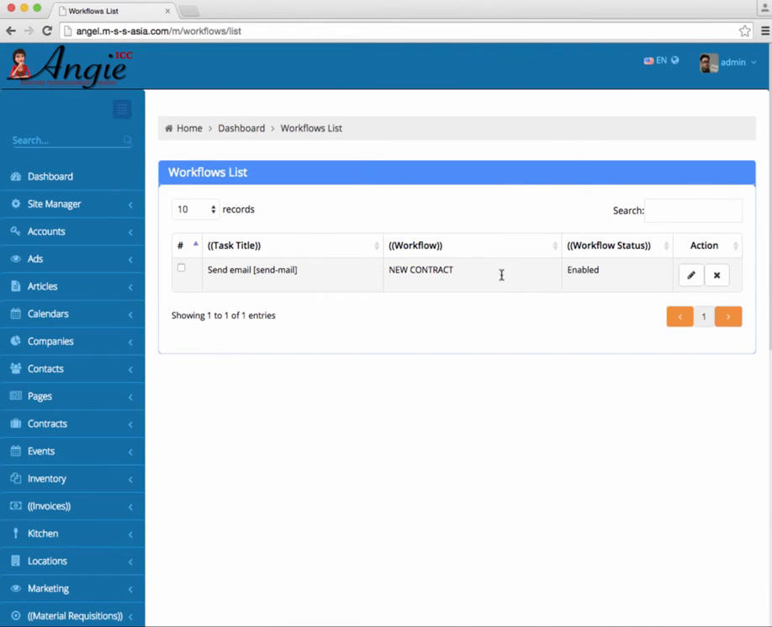And item inserted. Here we can see the workflow that we added earlier in the workflows list. And this is the short